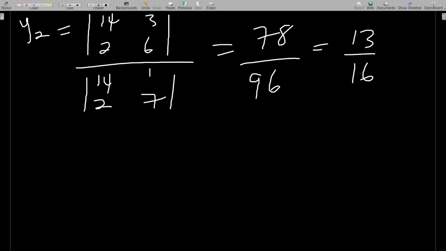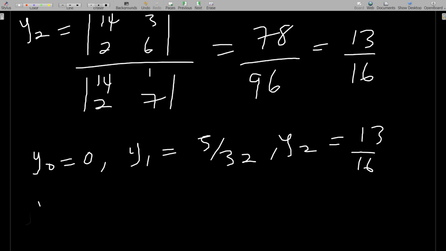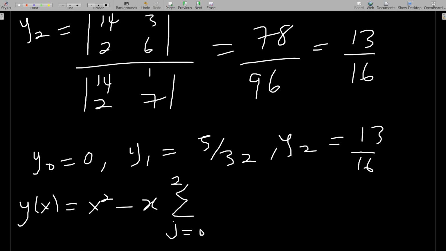So you know our y0, y1, and y2 now. y0 is equal to 0, y1 is equal to 5/32, and y2 is equal to 13/16. So you know all these. So what will happen is we quote our formula back: y of x, in this question, is x squared minus x into the summation of j equals 0 to 2, because n is 2, then alpha j, then tj, because h of tj